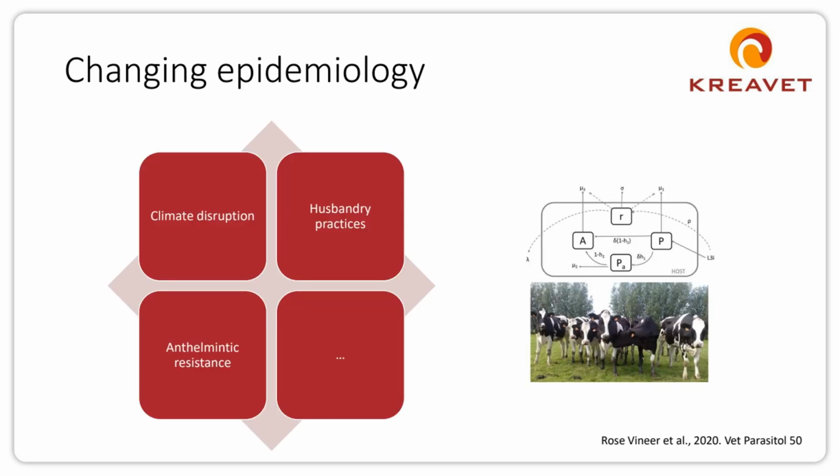However, this is how it is in the textbooks, but we all know now that a lot of things are changing. We have climate change and climate disruption. We have changing husbandry practices. Farms are not managed today in the same way they were managed 20 years ago. We have anthelmintic resistance, and we have many other factors that can affect epidemiology. This leads to much more variation, and it's difficult to always understand how the epidemiology will change